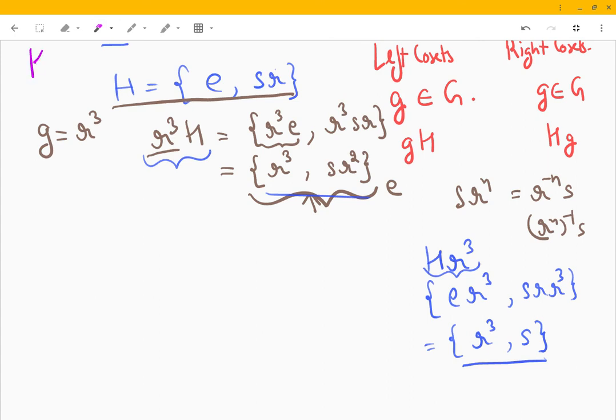But okay, you do one thing as an exercise. Take the subgroup K to be E and R square. Will that do the job? I think it will. Or if not, then take K1 as E, R square and R cube, right? All the rotations. First take this and find the left and right cosets and see whether they are equal or not. If they are not, I'm not sure if that seems to be a normal subgroup. Anyway,